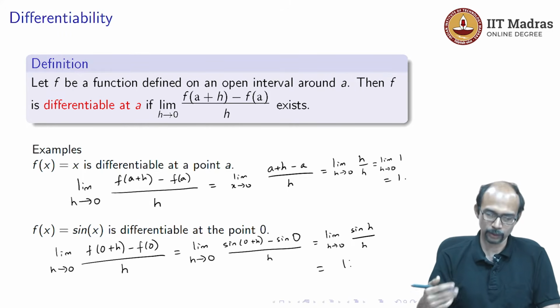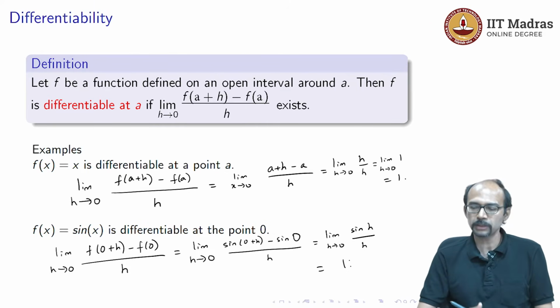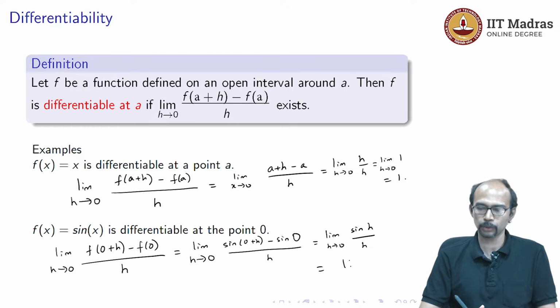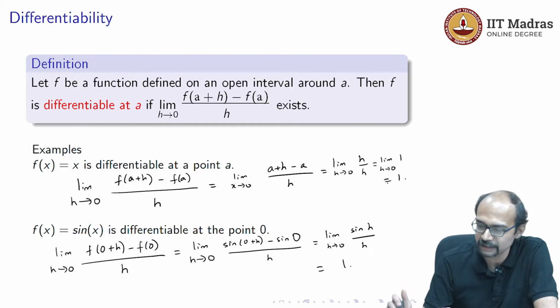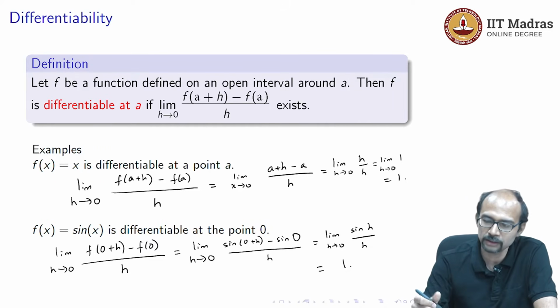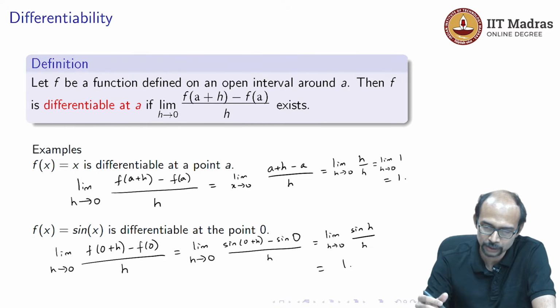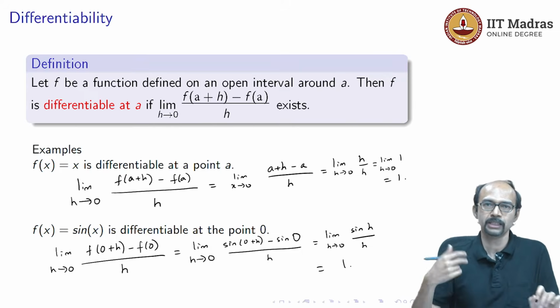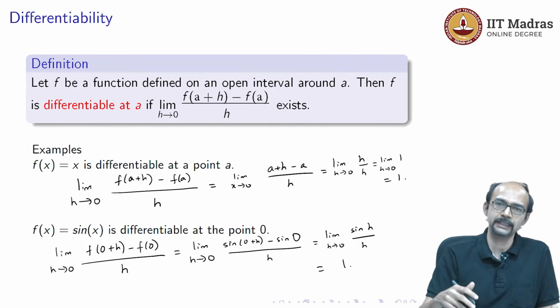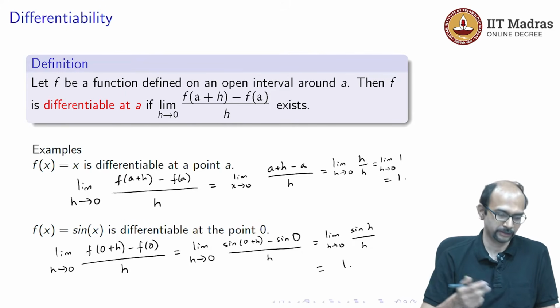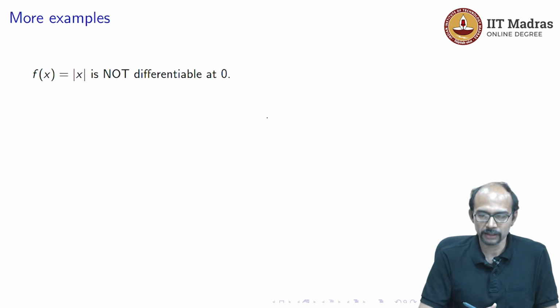And we are going to say more about this as we go ahead. I hope these two examples tell you how to compute. When you take this limit as h tends to 0, we have converted this function f to a function of the variable h. Remember that when you compute this limit, you have to think of this entire expression as a function of h. Okay, so let us do a couple of other examples.